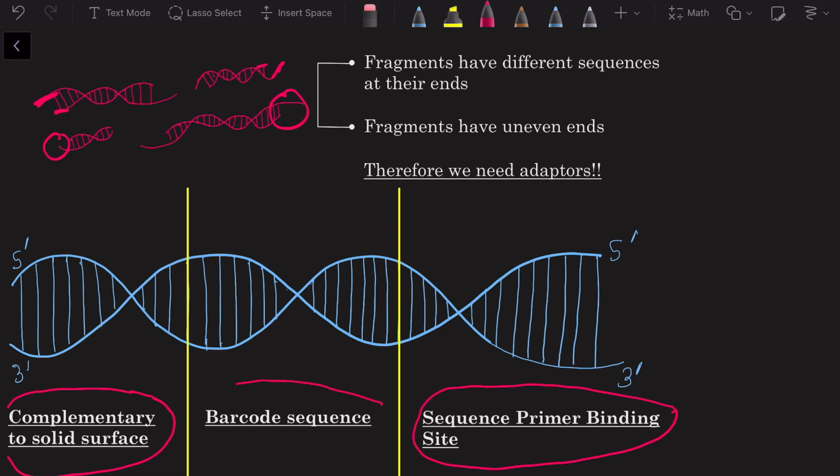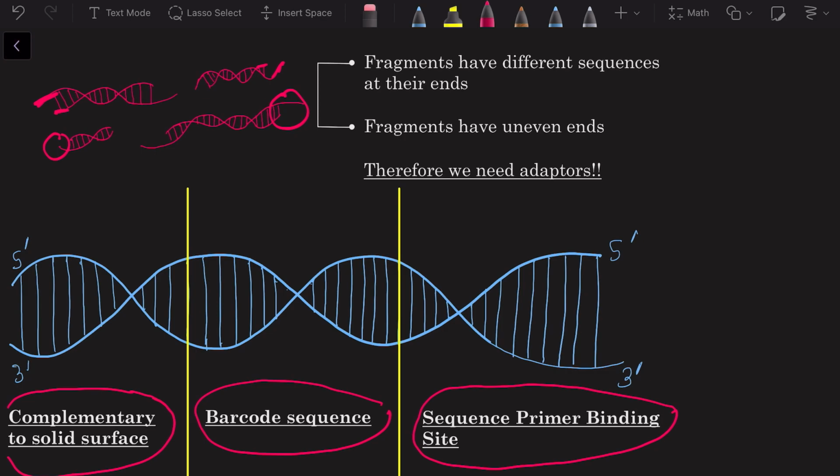Now, that is the barcode sequence. This is a truly fascinating thing. When I read about it, it was like genius. Suppose you're doing a next generation sequencing process. What if you had so many samples that you could not run one sample per test because these things take time? What if you wanted to run multiple samples together in one process? So this barcode sequence actually helps in identifying different samples within the same test. So you can actually mix different samples together,